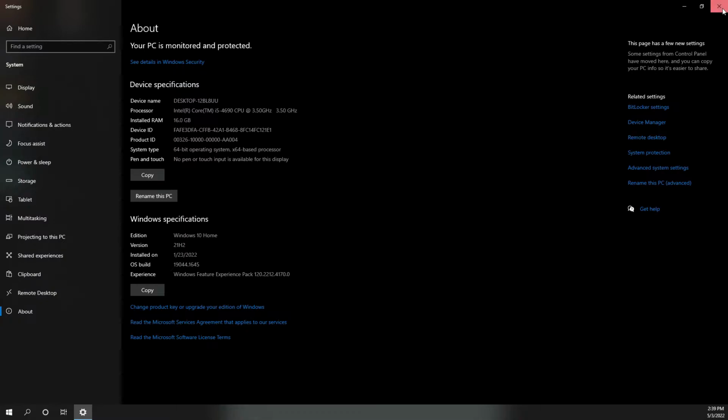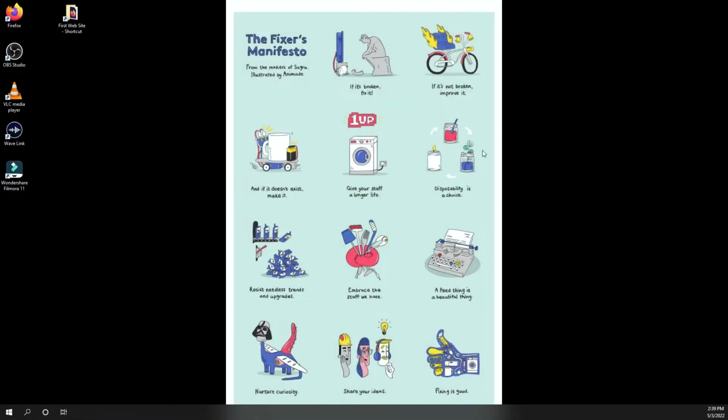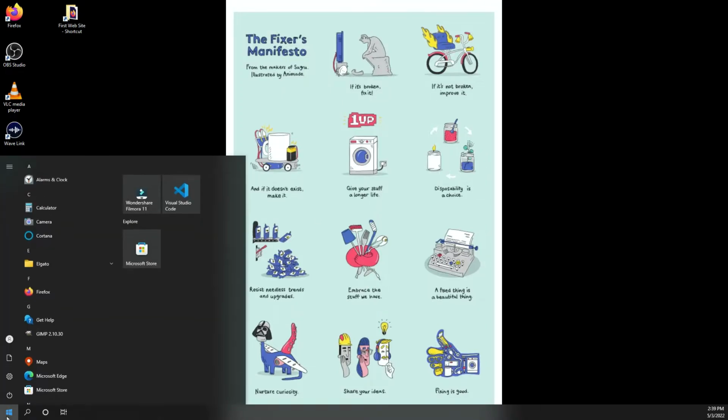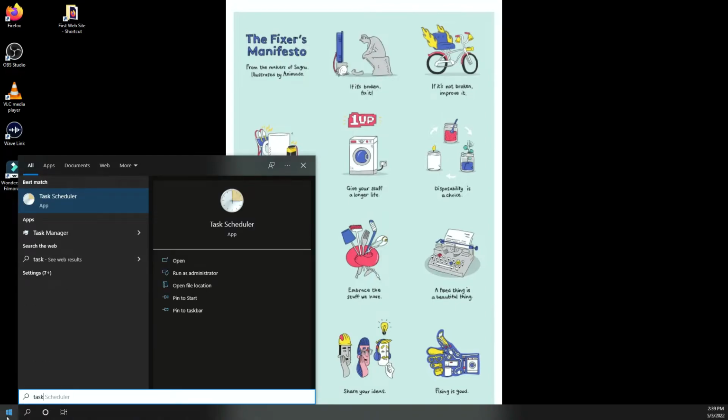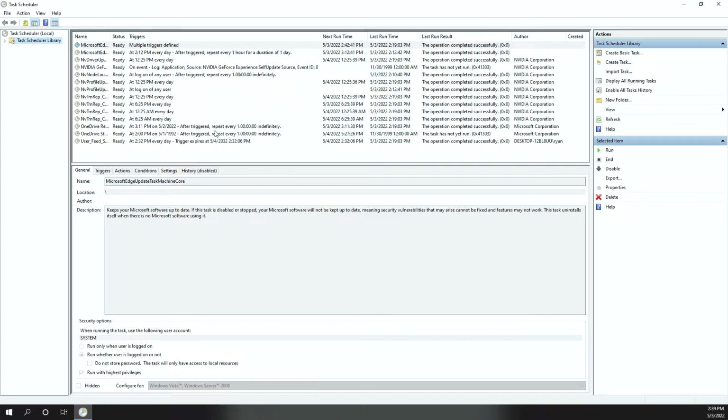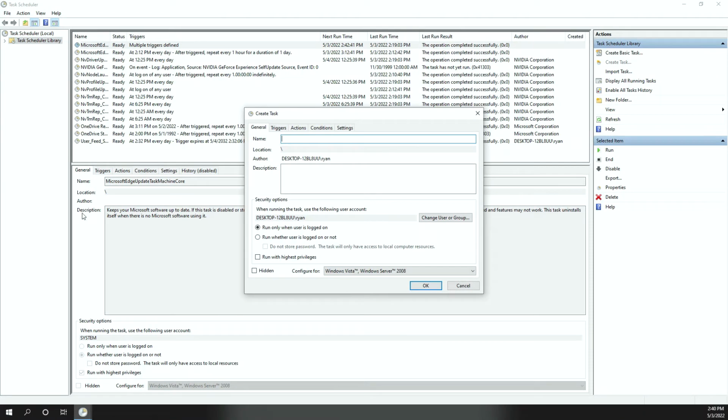Okay, up to this point, we've prepped the system. So I'm going to go ahead and close this as I don't need this anymore. What I'm going to do is come up to the Start menu again and type Task to get to the Task Scheduler. Let's go ahead and make our task. I'm going to right-click on the Task Scheduler Library and create a task. The first thing it wants is a name, and I like to use something a little bit descriptive. So I'm going to go ahead and say Shadow Copy.